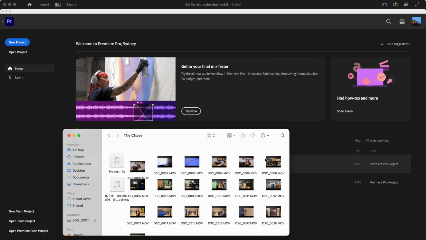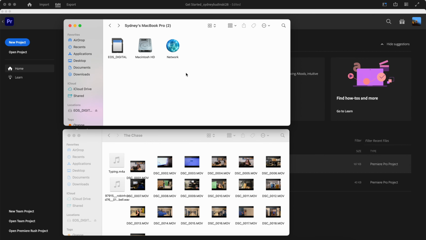Because I do not have my Google Drive linked in my computer, what I do is download everything from my SD card. How I do this is clicking EOS Digital to the left-hand side, double-click it,